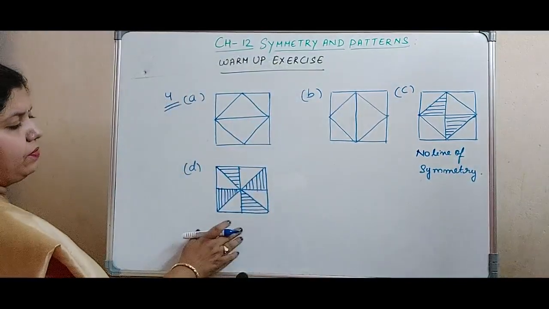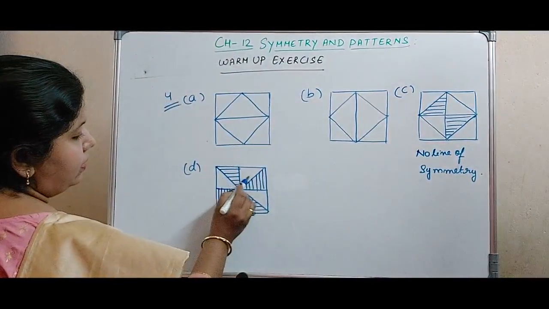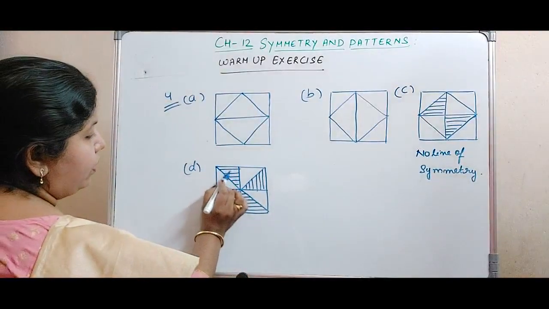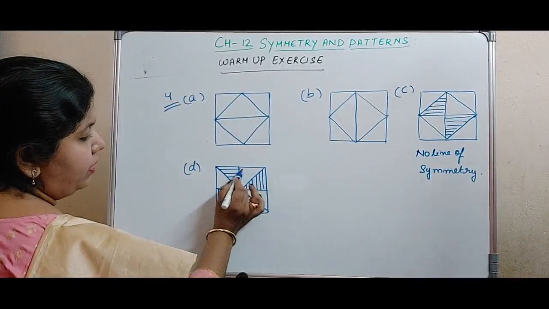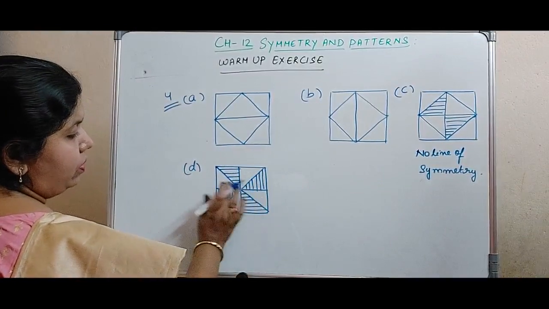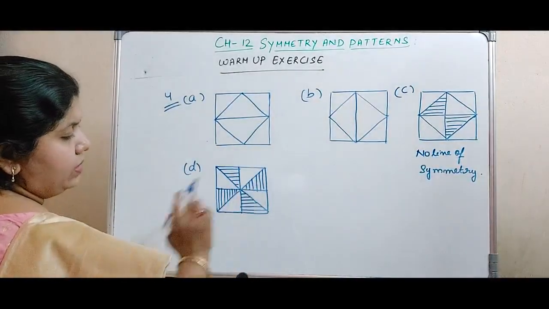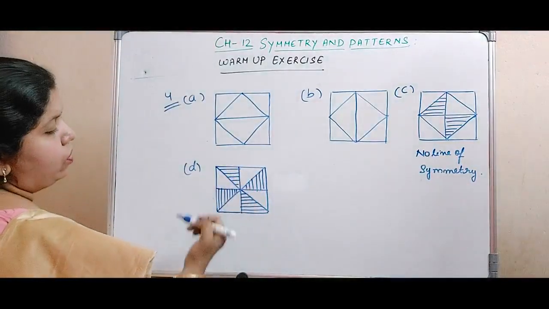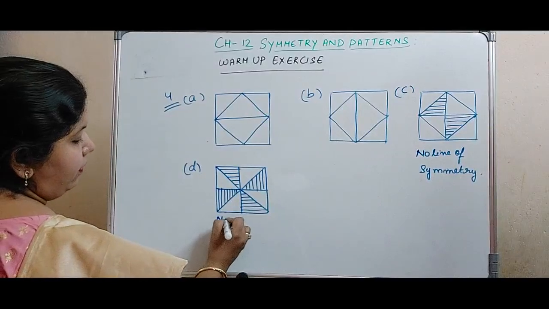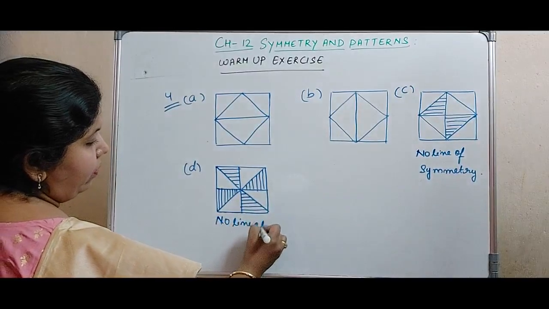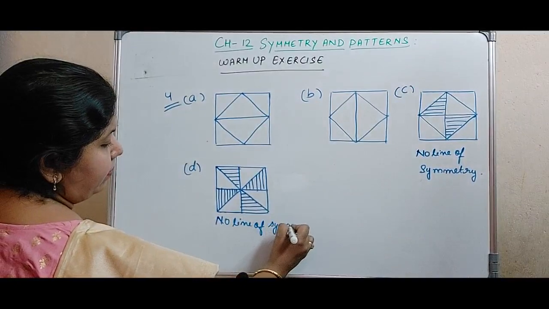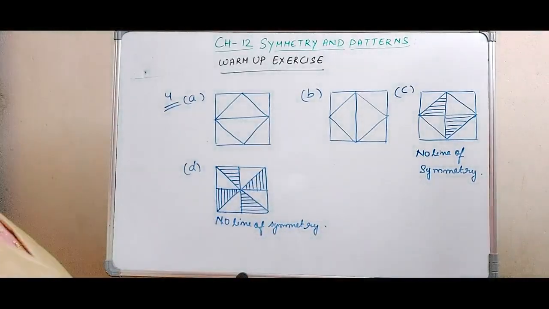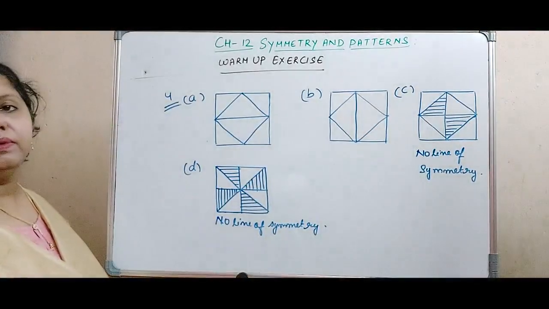Now look at this figure. In this figure also, see, neither of the shaded parts will overlap with each other. If we look for this, the reflection of this should be here, but it is here, so not matching. Even if you look at horizontally also, you see this particular should come here, so this also not matching. So we will say this is no line of symmetry. These two both of them have one line of symmetry. Okay.